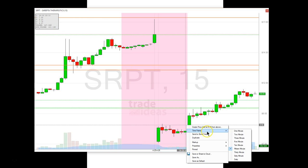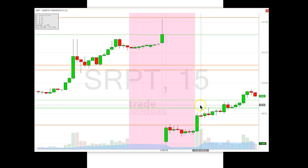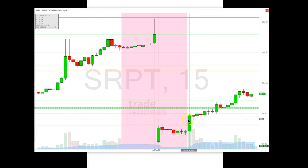Put a mark right here, 857. And I sold many chunks along the way, because you just never know with something like this. With all the bad news, this could have just collapsed. And here's the pre-market low of $7. It could have just reversed. Anyway, the bottom line is that I sold at 874,